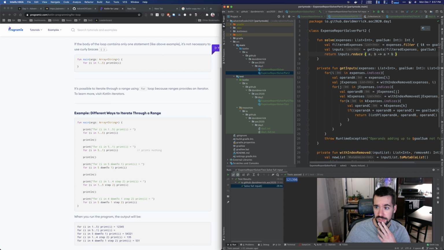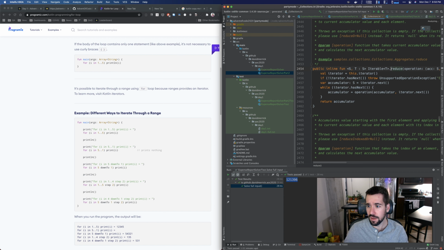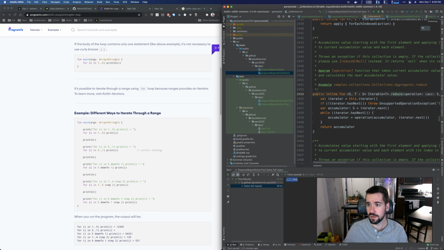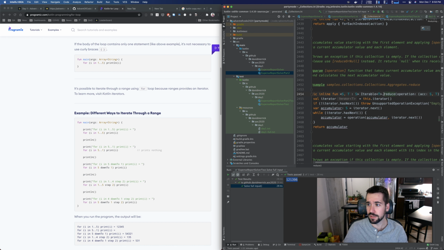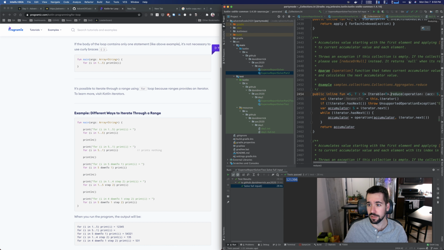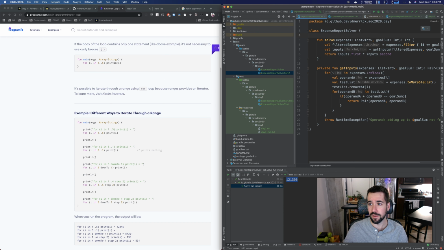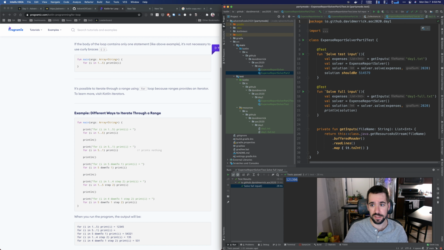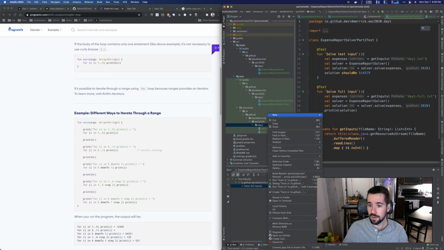I do want to test that real quick because I don't use this reduce operation too much with Kotlin. I think the way it works is it accumulates a value starting with the first element and applies the operation from left to right to the current accumulator. So I do want to double check that this is going to behave as I expect it to. I'm going to create another folder real quick for part 2. But for now, I just want to test this